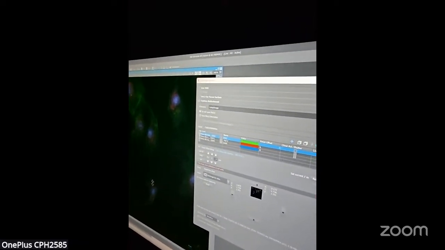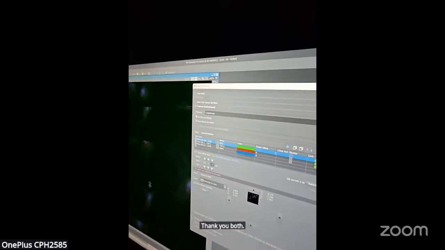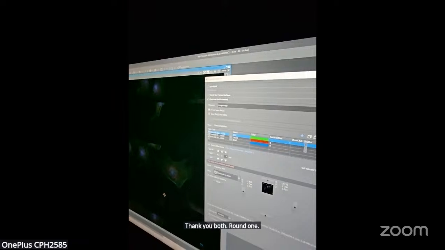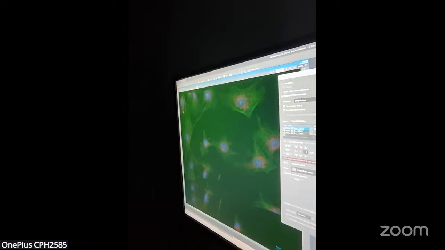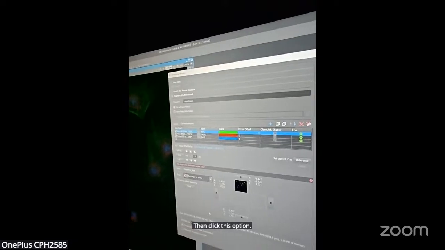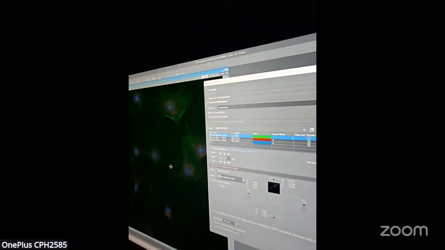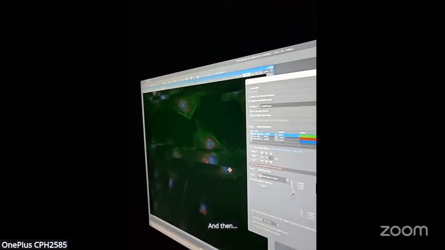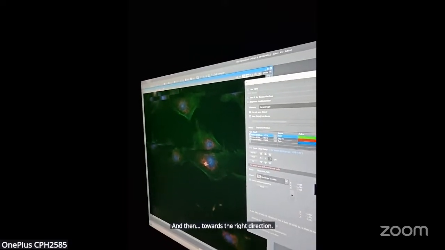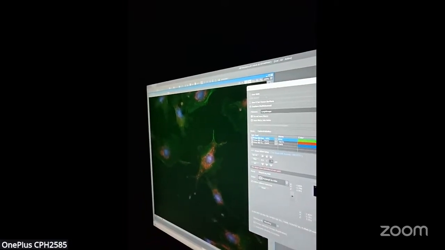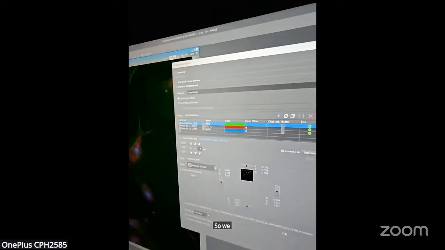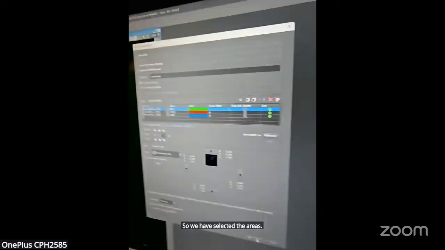We'll go downward. Then we'll click this option, and then go towards the right direction. Then we will click it. So we have selected the areas and then we'll run it.